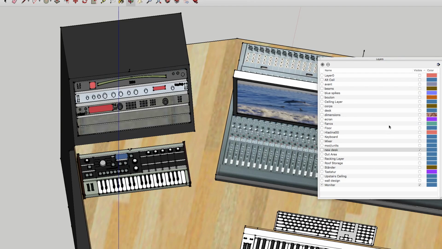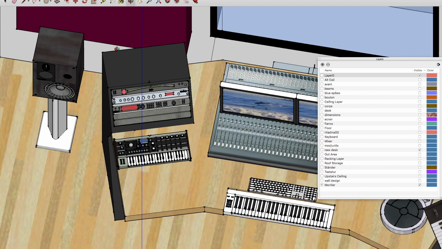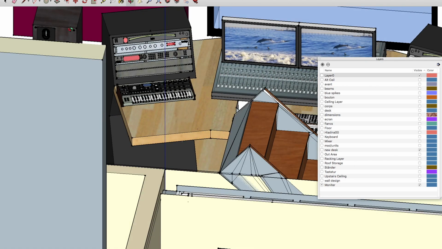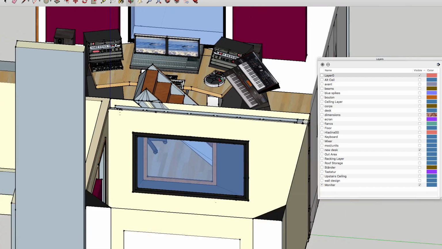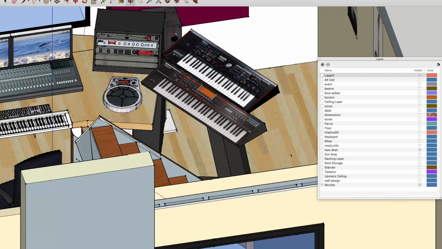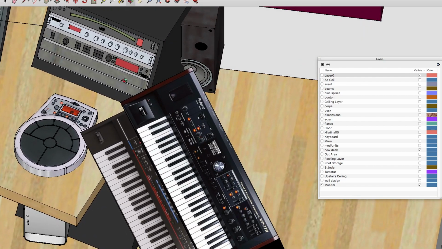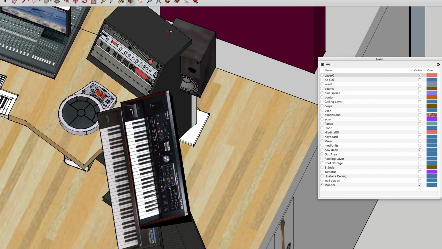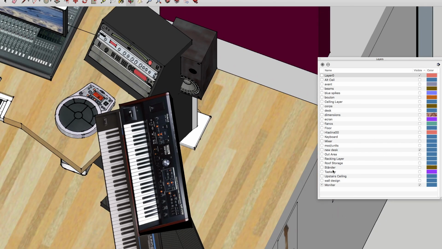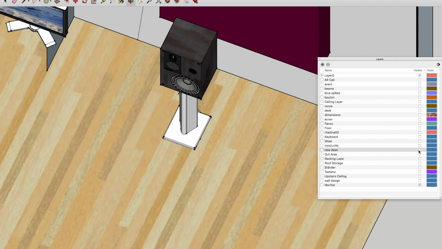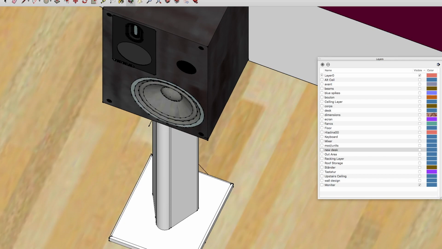If we've got other aspects, let's put the walls in. You can see the speakers in the background here. They would have been modeled. So let's have a look at that sort of speaker that's down here. Okay, we might want to lift that one up. Or we might want to hide that desk. So if we go for hiding the desk, having a look at that speaker that we've modelled,